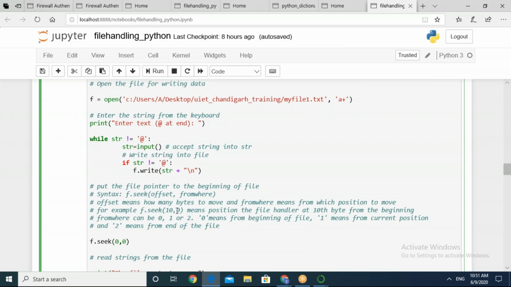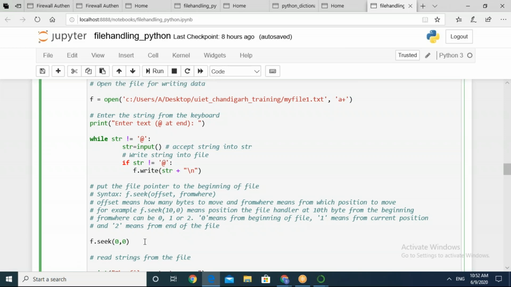So it means from beginning, it will move 10 bytes ahead. If I am mentioning 1, it means current position. And the second argument, that is from where, can be 0, 1, or 2. 0 means beginning, 1 means current position, and 2 means from the end of file.